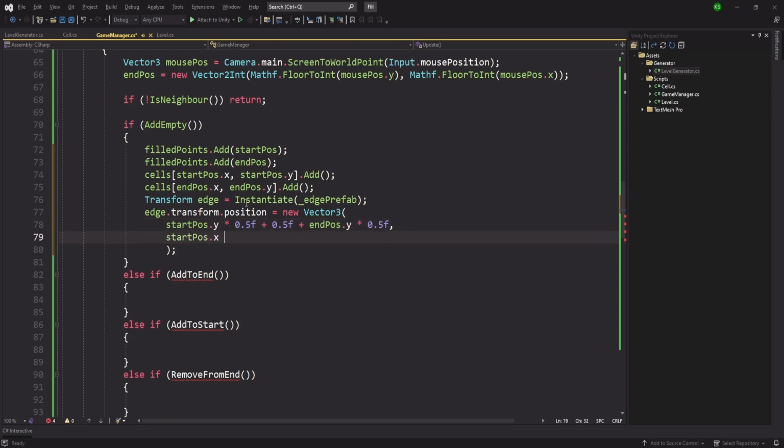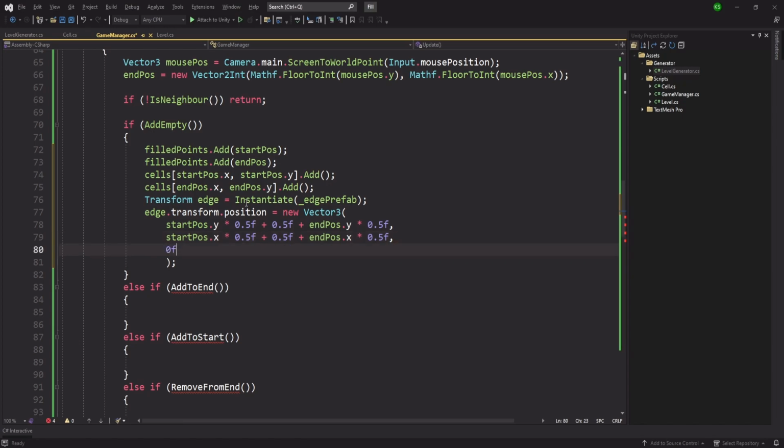Similarly, start pose dot x multiplied by 0.5 plus 0.5 plus end pose dot x multiplied by 0.5, and finally